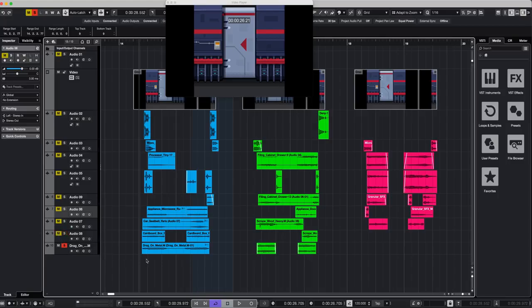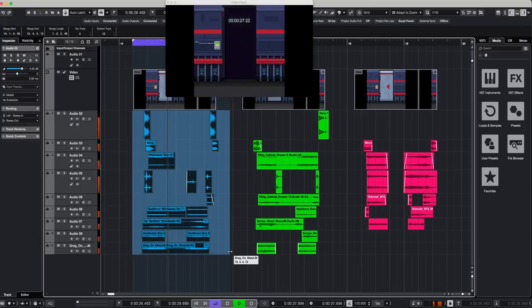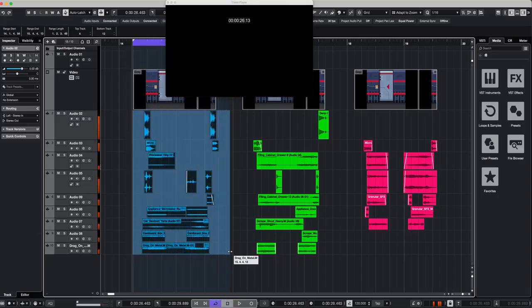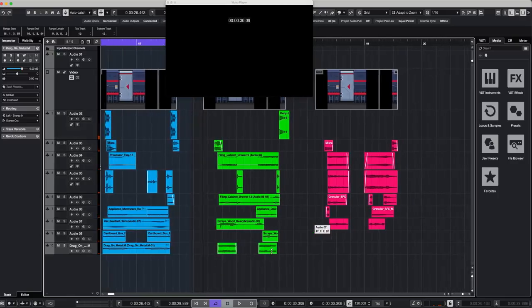And then lastly, we have a metal drag. Again, this just came out of my sample folder. I can't remember what two elements are scratching together, but overall, once they're combined and mixed, we end up with a combined element that works pretty well, I think. So for the second one,